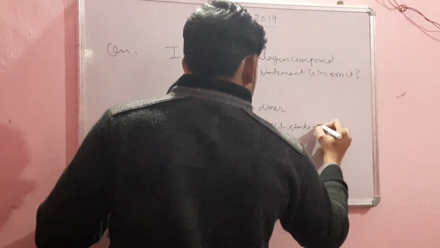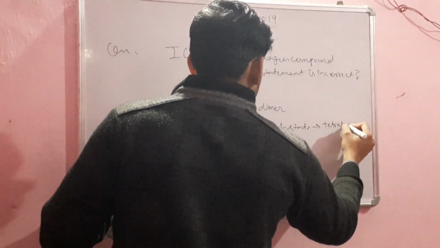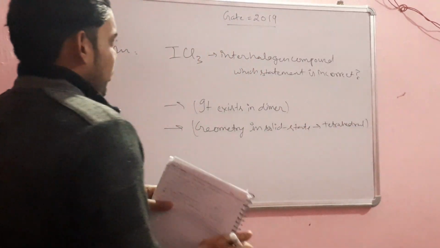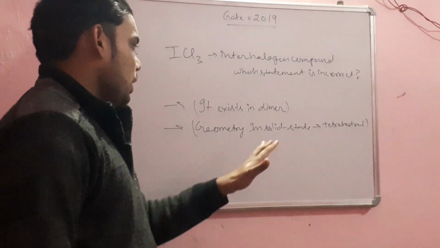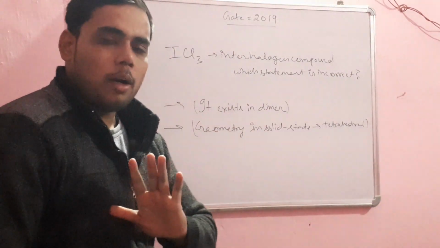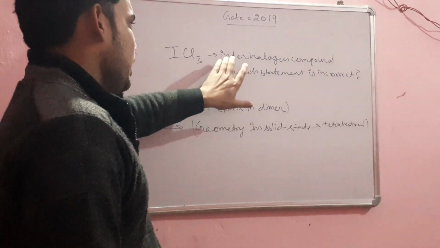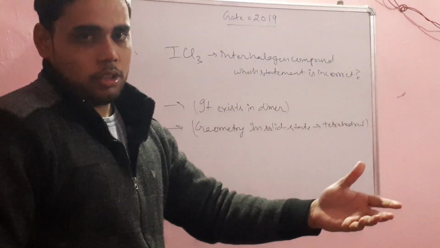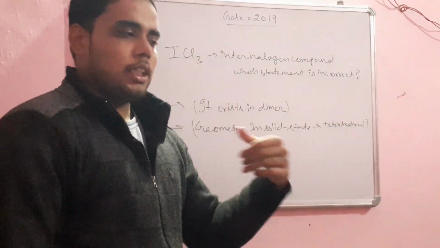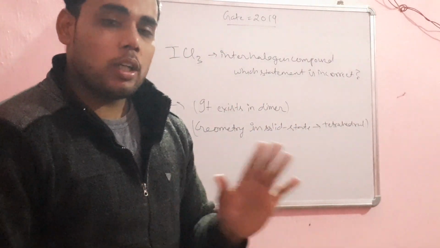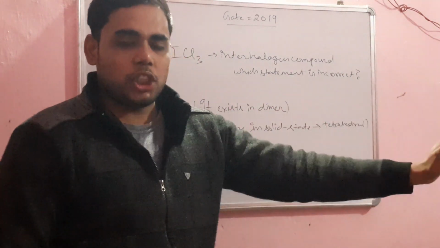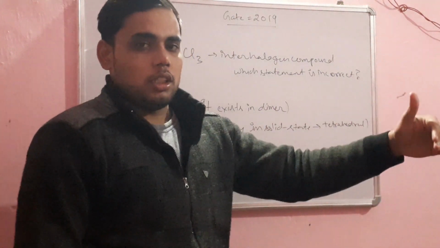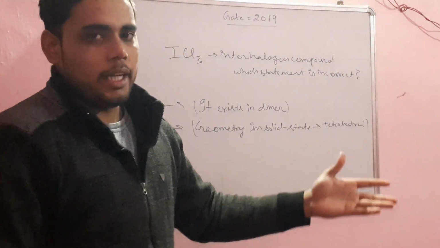Geometry in solid state is tetrahedral. Okay, tetrahedral. So whenever you do these type of questions, you know that these two statements are opposite to one another. This says a tetrahedral type of geometry is present. This says it is dimer in form. Whenever a compound is in dimer, trimer, then there is no regular geometry present. They are in chain structure, one another, one another, like this, joining their hands.